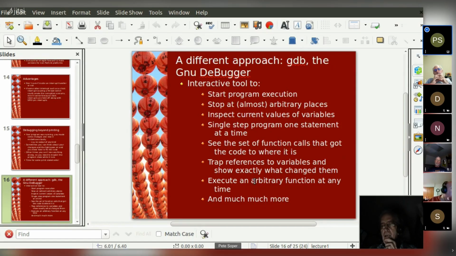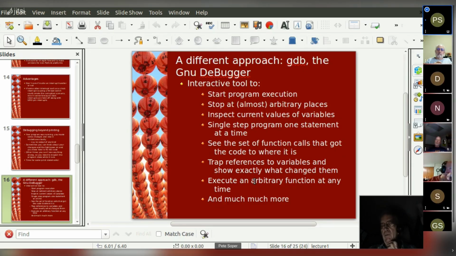Also, one of my favorite capabilities is that GDB allows you to execute a function and print its return value from an arbitrary place. You can run your code from wherever you are. Basically, the limitation is that it has to be visible.